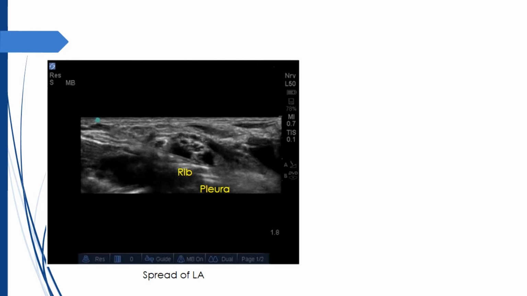Again, there has been a change in beam direction. This image shows the anterior and posterior divisions of the upper trunk. We can confirm this by dynamic scanning too. If these clusters are missed, the block may become patchy, and if the lateralmost cluster is missed, the musculocutaneous nerve will be spared. Ulnar nerve sparing is frequently described with supraclavicular brachial plexus block, but musculocutaneous nerve sparing has also been reported. If you want to have some spread over the neural elements too, pull the needle out without damaging the anterior division, redirect over the plexus, and deposit the local anesthetic there too.